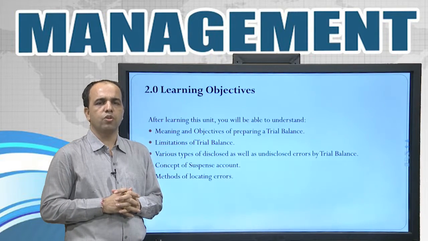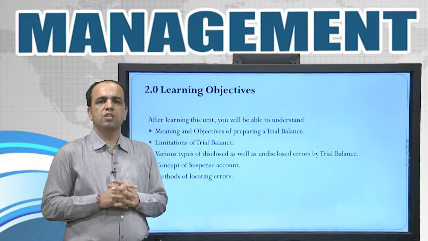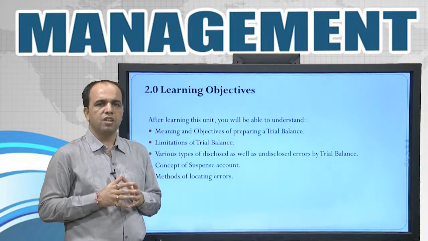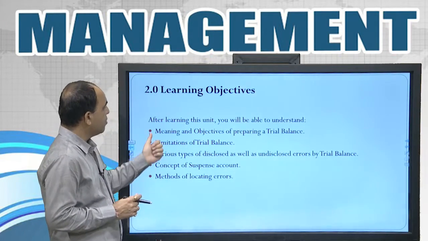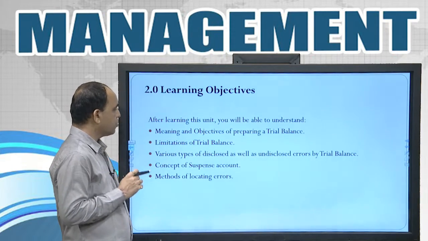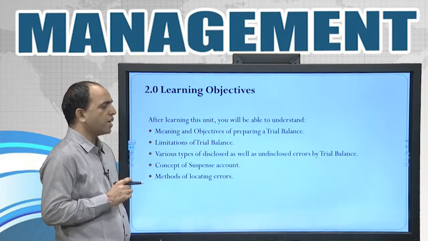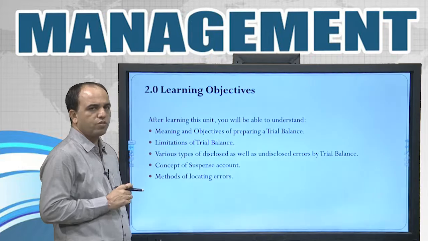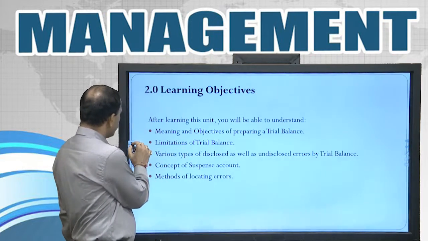Friends, today we are going to discuss Block 2, Unit 2, Subsidiary Book, Trial Balance and Bank Reconciliation Statement. In this unit, we are going to learn the meaning and objective of preparing trial balance, limitations of trial balance, various types of disclosed as well as undisclosed errors by trial balance, the concept of suspense account and methods of locating errors. Friends, trial balance,